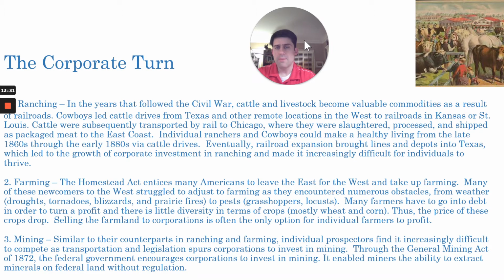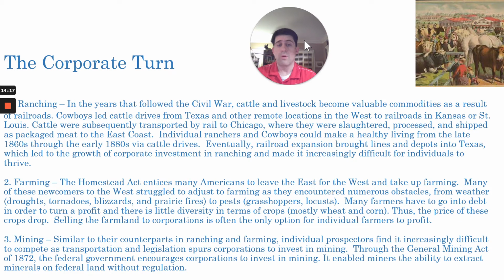However, many of these new Western residents struggled to adjust to the rigors of farming. There were many, many obstacles that they encountered, from weather events such as droughts, tornadoes, blizzards, prairie fires, and any number of other mini or major weather catastrophes, to the presence of pests such as locusts and grasshoppers that made farming life very difficult. It was a very hard life. You had to put in a lot of physical labor just to make ends meet